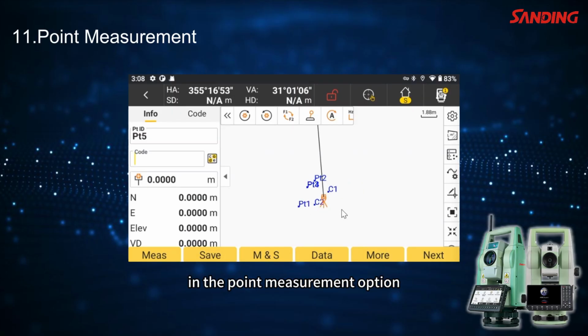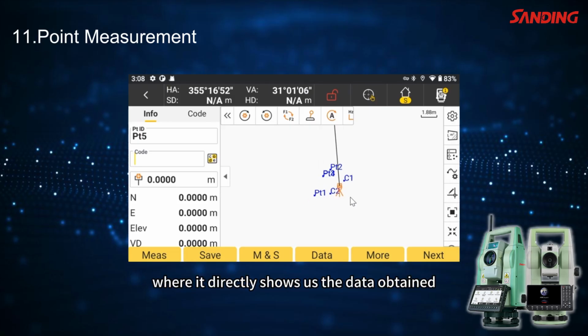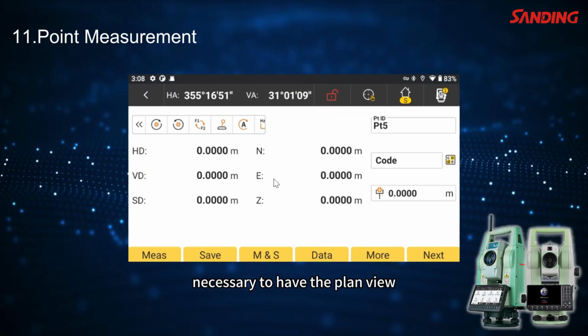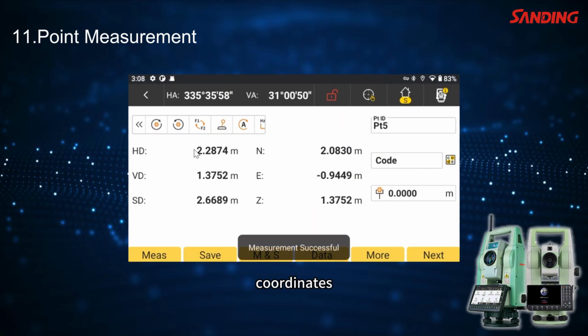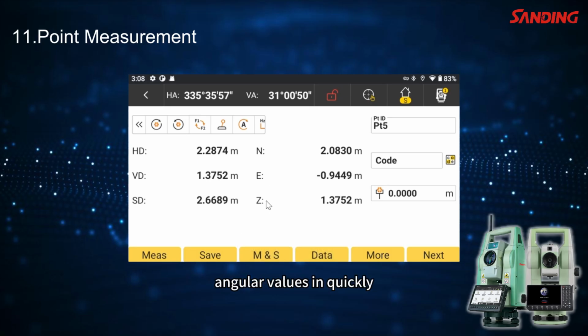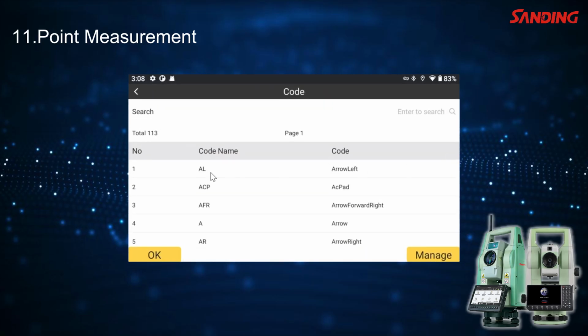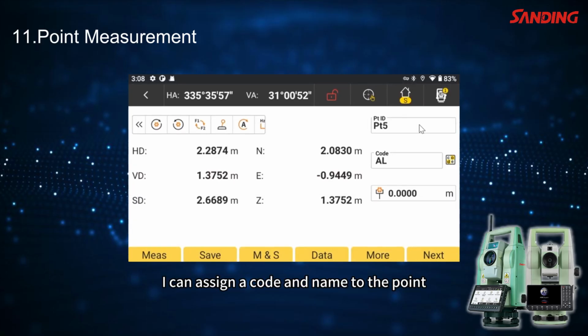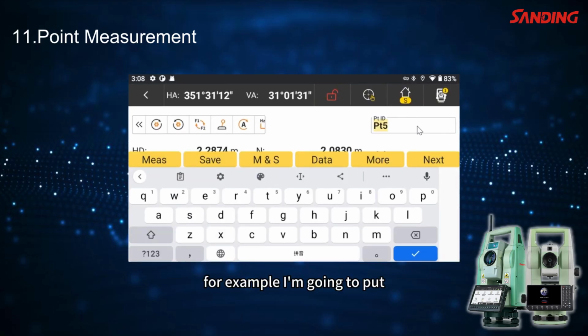In the point measurement option, we also have an interface where it directly shows us the data obtained in those cases where it is not necessary to have the plan view. We can perform the measurement and directly have the distances, coordinates, and angular values quickly. I can assign a code and name to the point. For example, I'm going to put